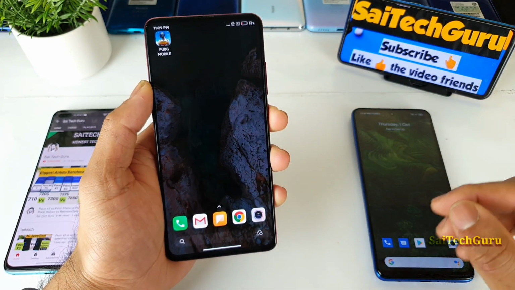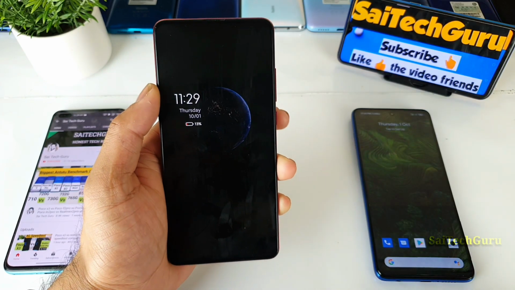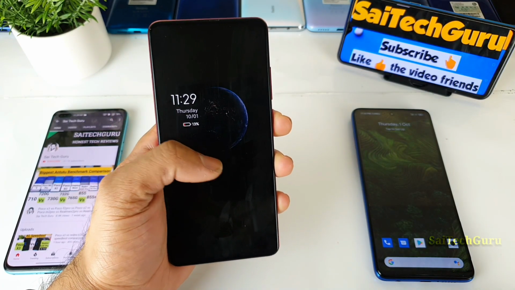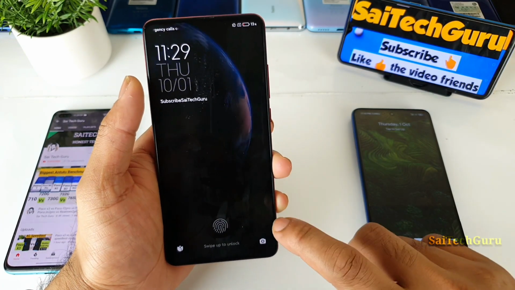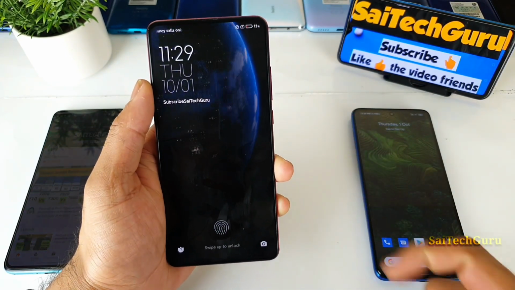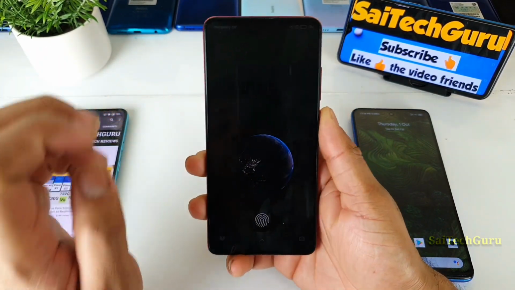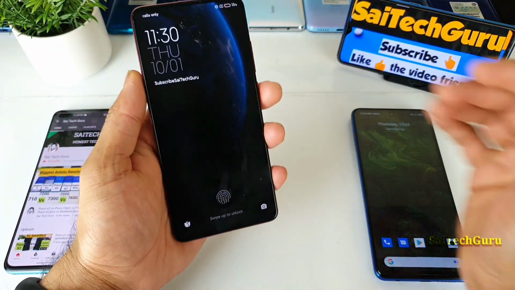But you can see this even when you're locking the phone, you get that kind of zoom out effect. That's a very good feel you get if you're using this kind of wallpapers. Let me click the power button. As you can see, as soon as you click the power button, it zooms in and zooms out. So that's another good advantage of having this super live wallpaper as well.